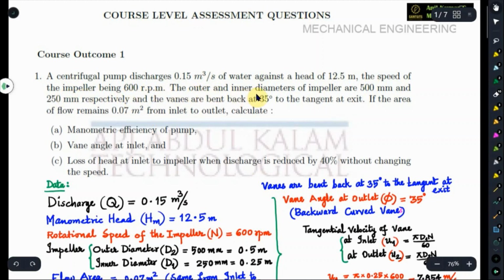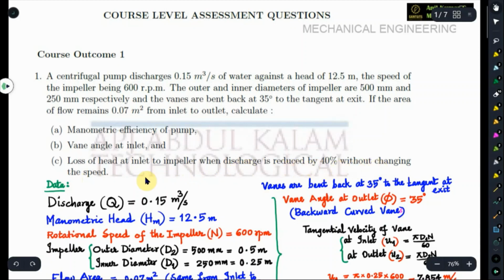The outer and inner diameters of the impeller are 500 mm and 250 mm respectively, and the vanes are bent back at 35 degrees to the tangent at exit. If the area of flow remains 0.07 meter square from inlet to outlet, calculate the manometric efficiency of pump, vane angle at inlet, and loss of head at inlet to the impeller when the discharge is reduced by 40% without